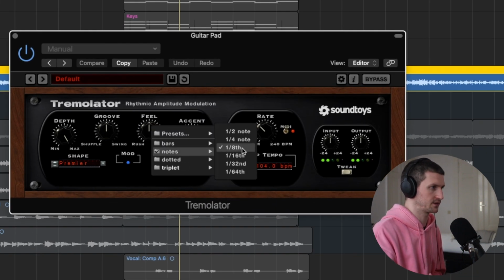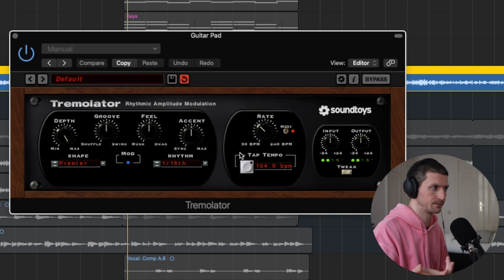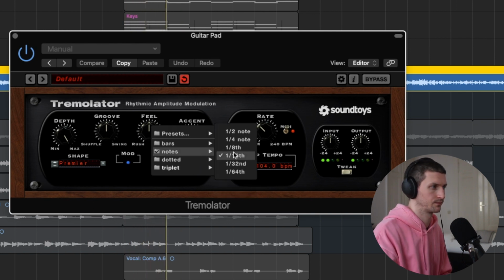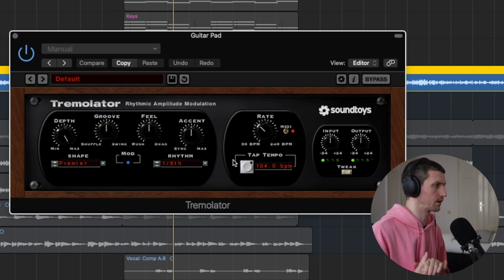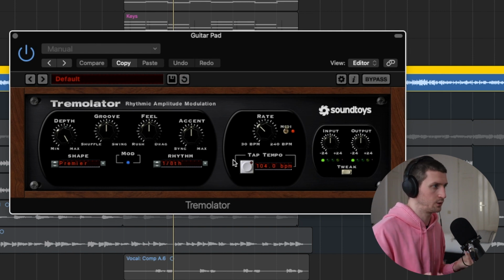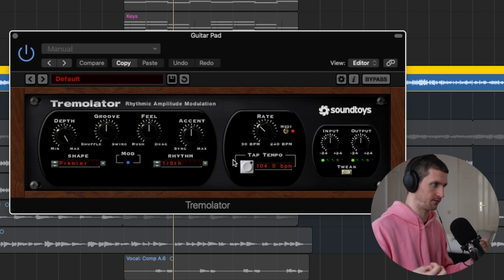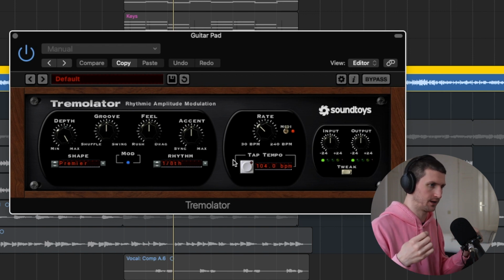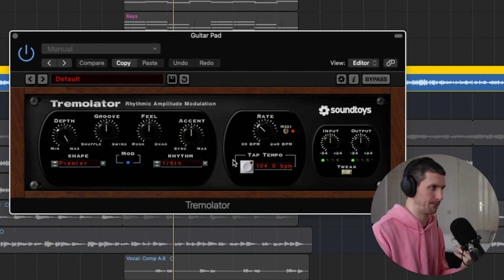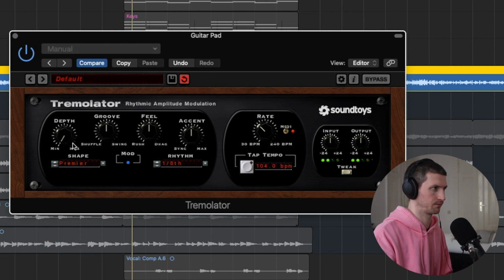If you want that to be faster, we can do 1/16. You can go slower to 1/4. And then you can choose also how intense that pulsating effect is. If you don't want it to be so intense, you can pull that back as well on the depth of the tremulator. So at min, you won't be able to hear anything. And as we bring this up,